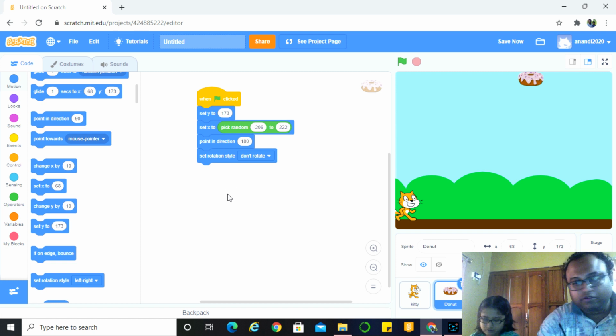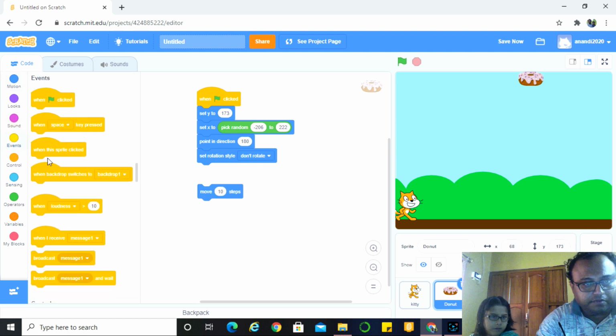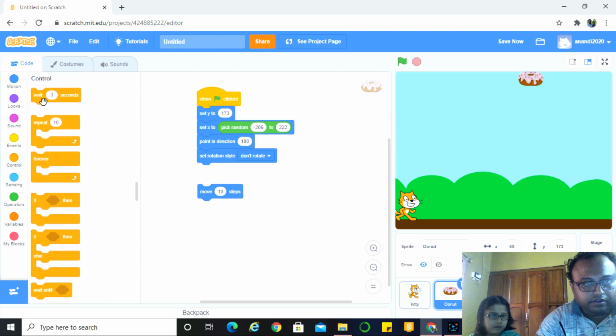For that we need to add the move block, 10 steps. Okay, and we want some delay in between, so we will put some wait block. We will put 0.05.